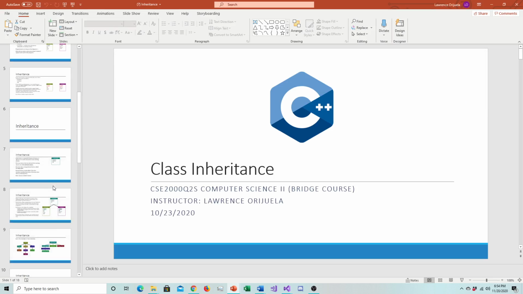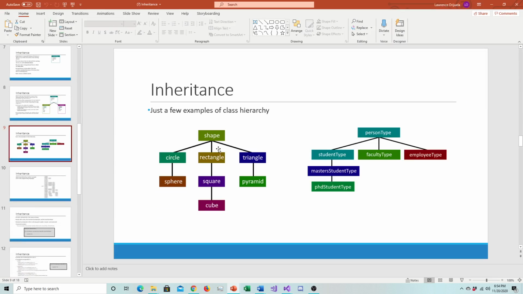So I said before that because classes are one of the biggest things of C++ that you need to learn, I took this from this diagram that I wrote here. So we have a circle type that sphere type inherits, and then as for your actual final, you have a rectangle type that cube type inherits, or well, I can't remember what I named it in the actual final, but